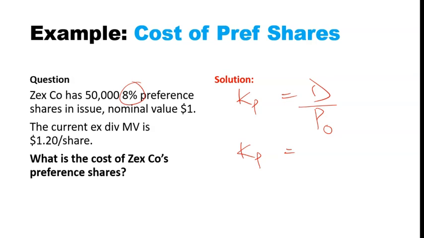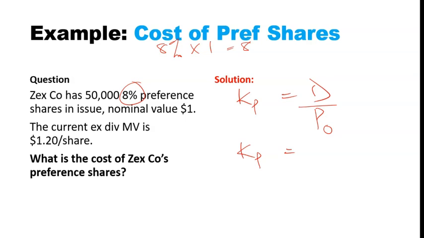So 8% of the nominal dollar value. So that's 8% multiplied by $1. By $1, we're going to have 8,